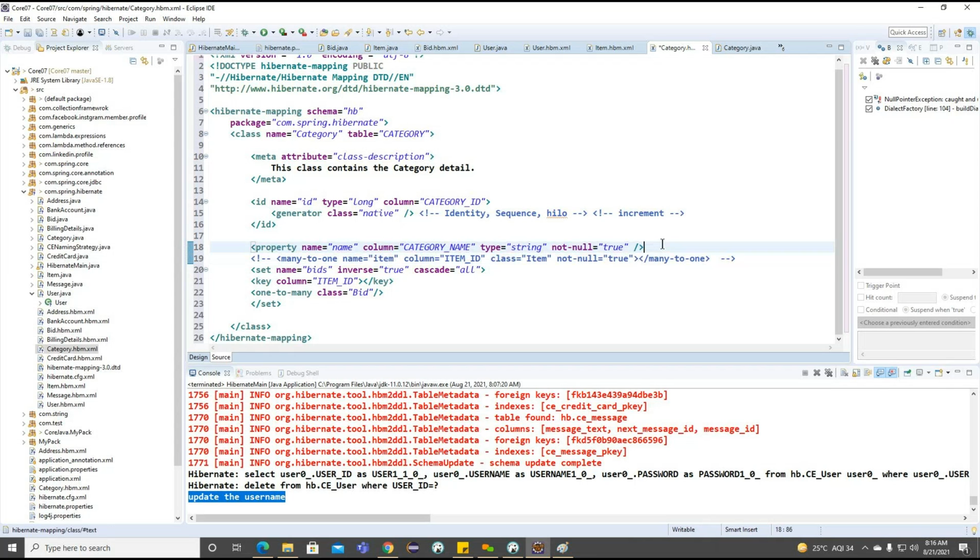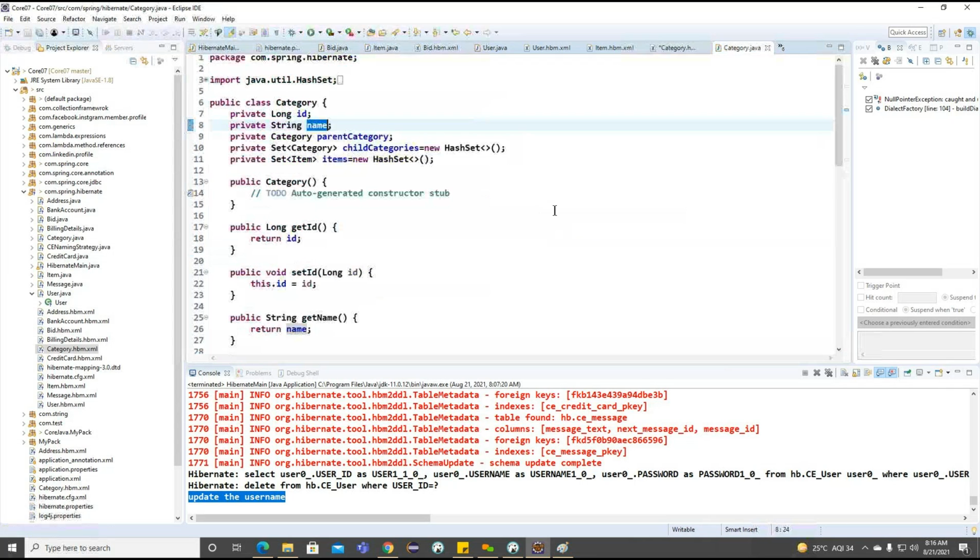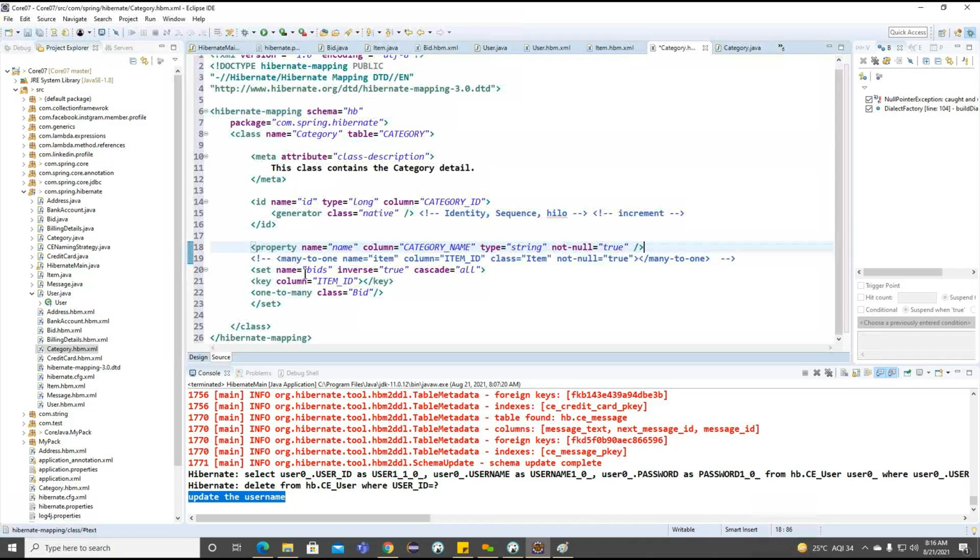And if we observe here, first we need to think about the category. Inside this category we have child category, which we have with the help of this particular set tag. Now we can go for the same set tag here. The name of this set tag that we provided here is child category, and we can make this inverse true. Getting the point?